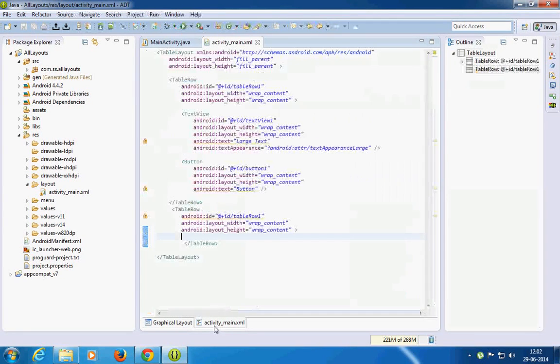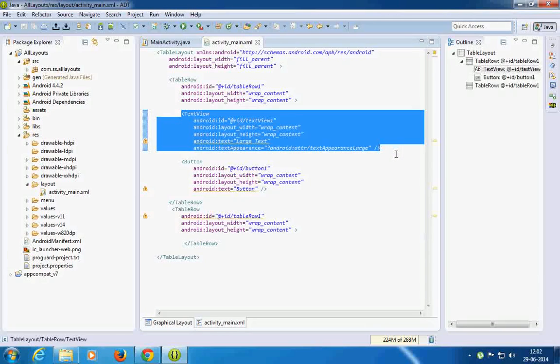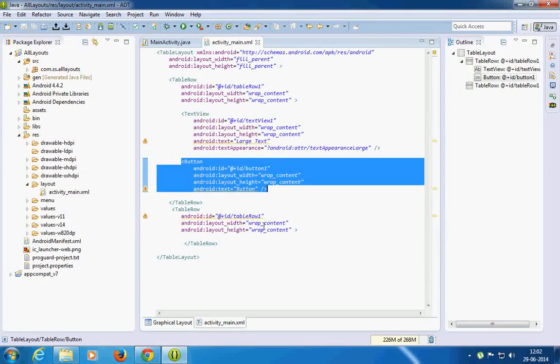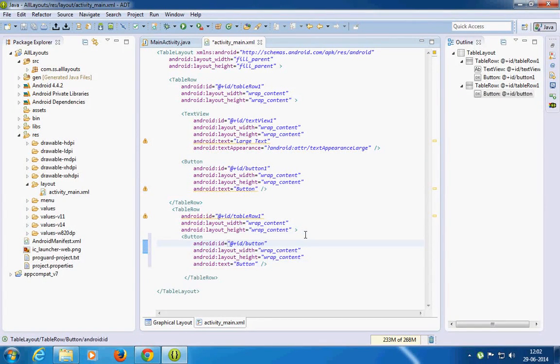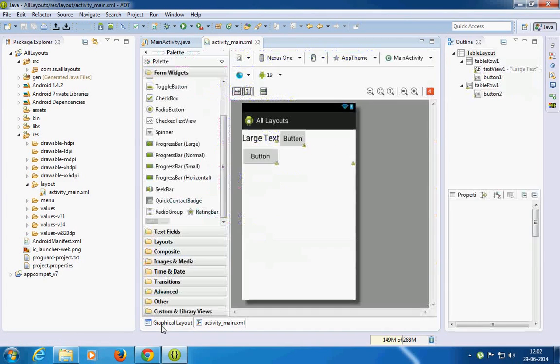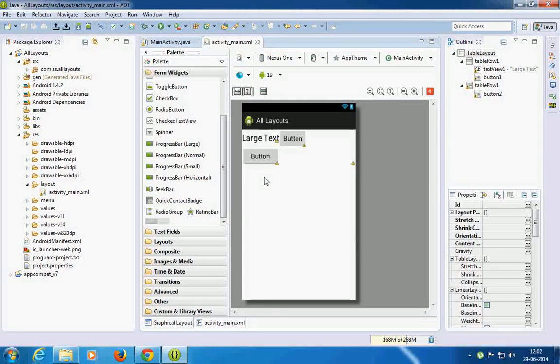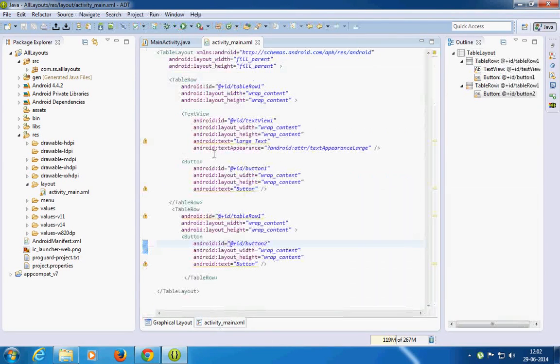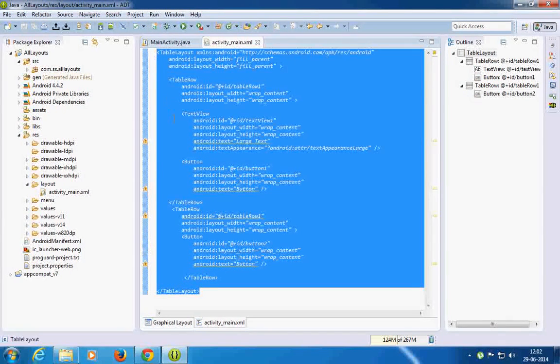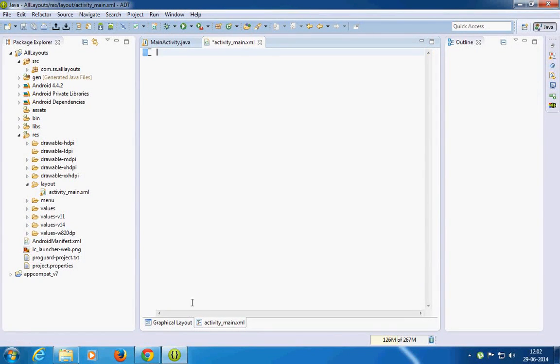So let me just add another text view over there. Okay, let me say button, so it is visible straight away under that, and give the button an ID of 2. So when you say Control S, you will see your row number 2. So row 1, row 2, like that you can go ahead and add. We can even do that straight away by directly adding a table row without a parent of table layout. But preferably if you are adding multiple things apart from table rows, then you would need a table layout.